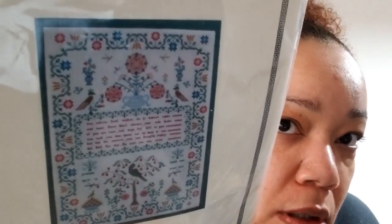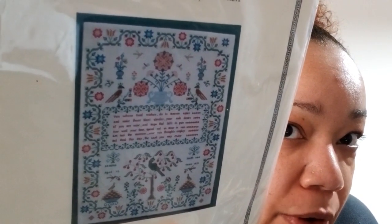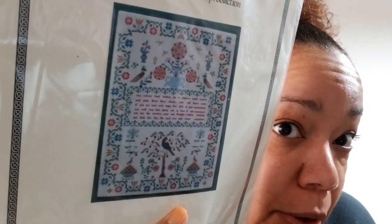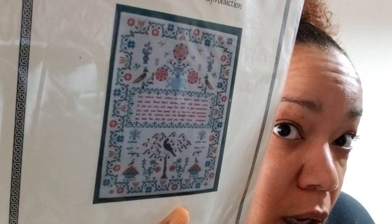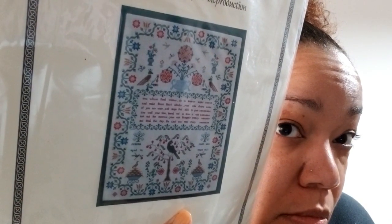And then I got Jemima Smith 1821 from Sampler Works. I love the border, I love the birds, I love the flowers, I love the whole pattern, but I'm pretty sure that I purchased this for the verse. I lost my words. So what does it say? The verse says,